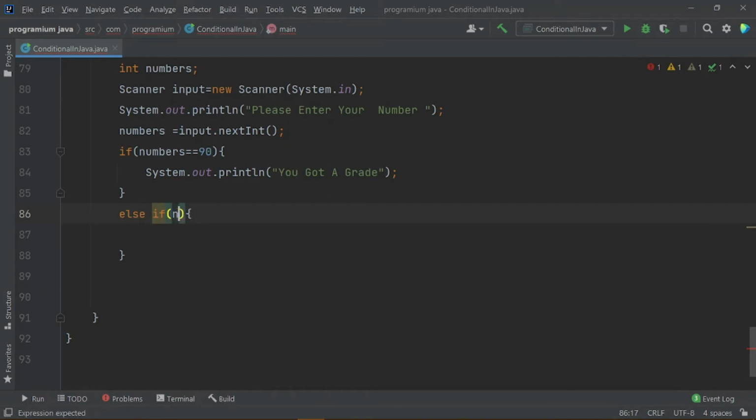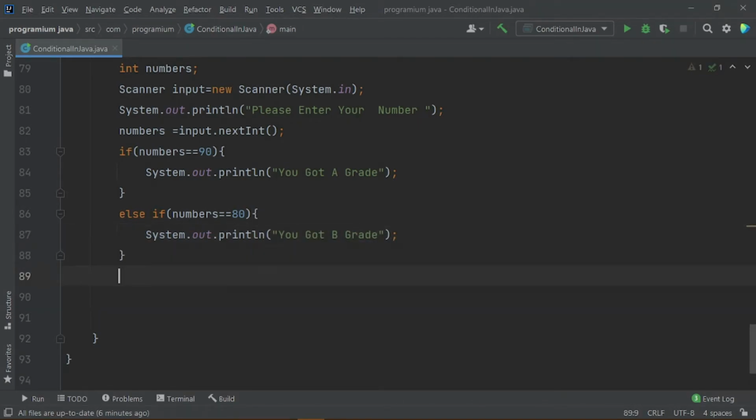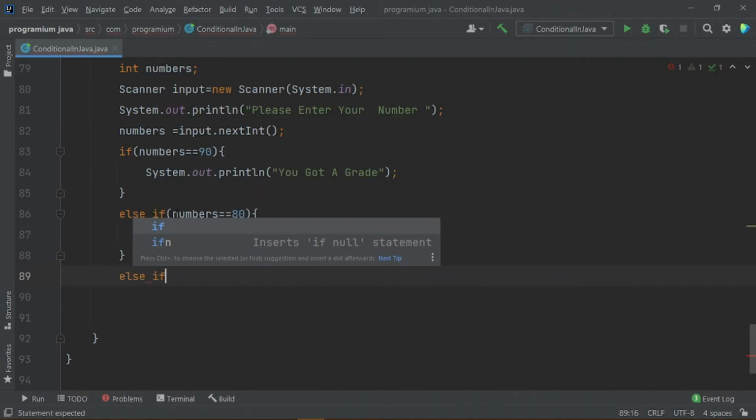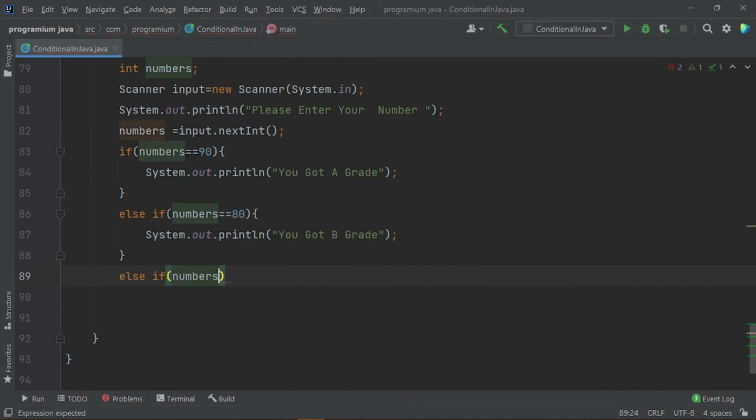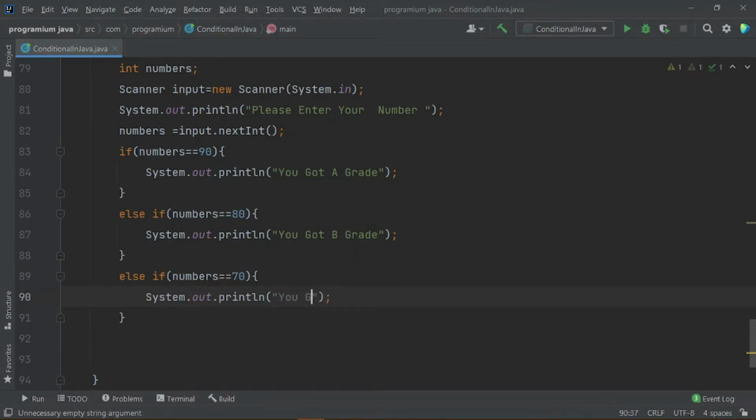So I am using here number is equal to 80, so I would tell the user you got B grade. Okay guys, I am entering another else if condition. If the user enters 70, then we tell the user you got C grade.